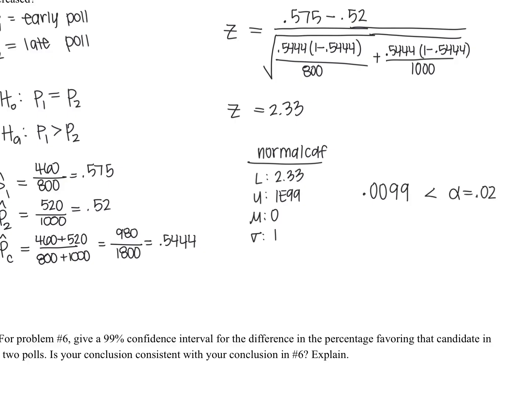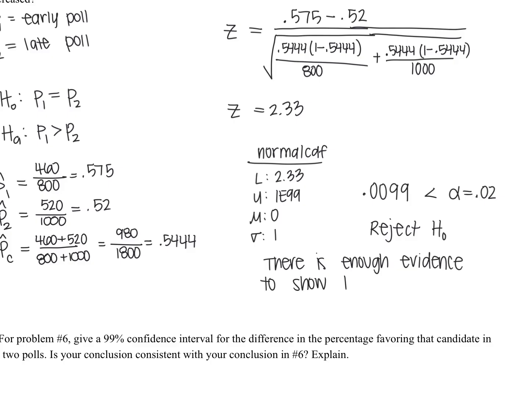And it is less than, so I'm going to reject my null hypothesis. So you do have to specifically say reject or fail to reject. And then our sentence, there is enough evidence to show that the candidate's popularity